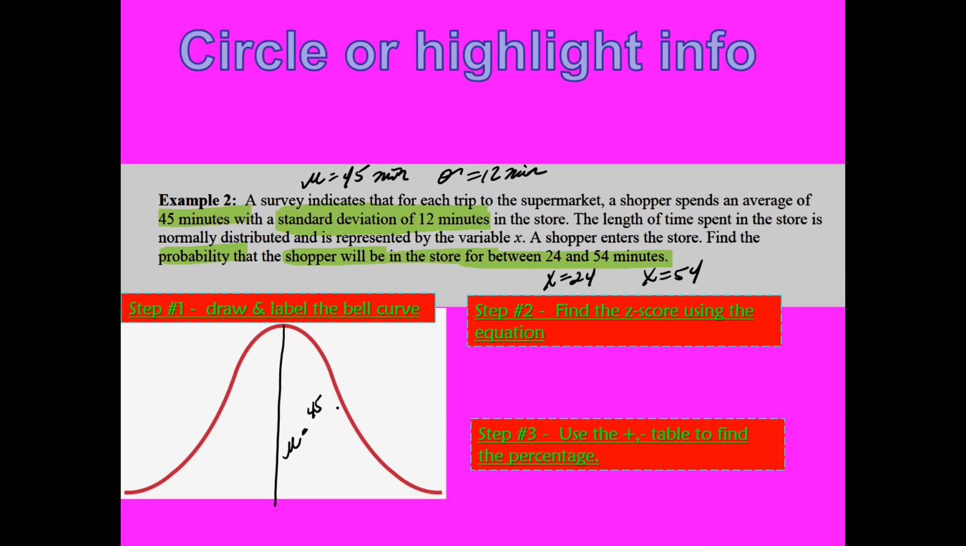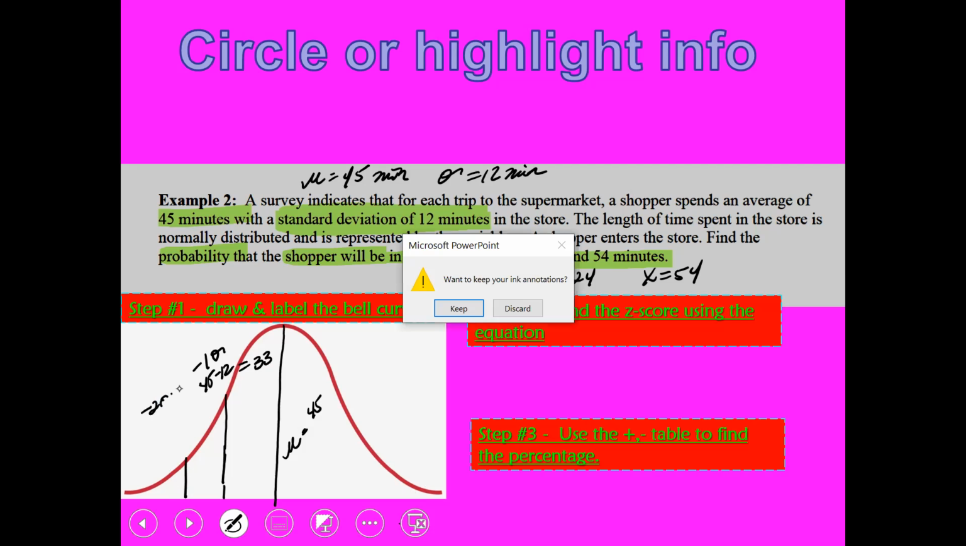Okay. At -1 standard deviation, you are going to have 45 minus 12, which is going to give you 33 minutes, okay? At -2 standard deviation, it is going to give you a